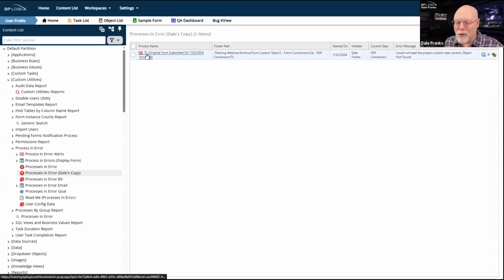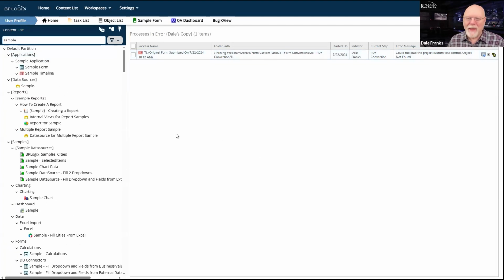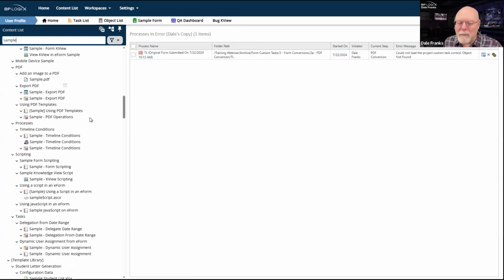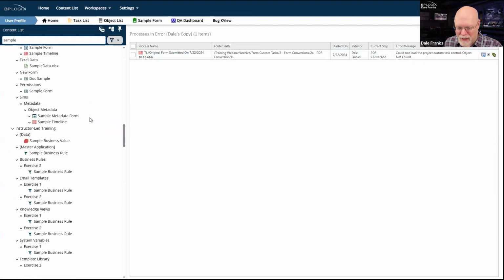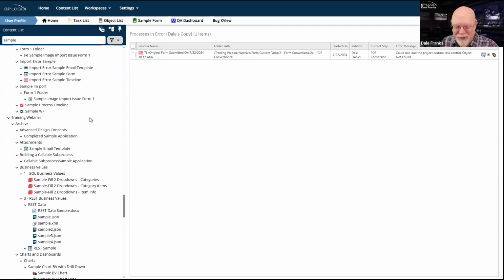Now, normally I call things TL. Trouble is, I can't do a search for TL on my system because despite my excessively organized folder structure, if I do, I don't know, sample as a search, that's not going to be very helpful for me because I call everything sample.